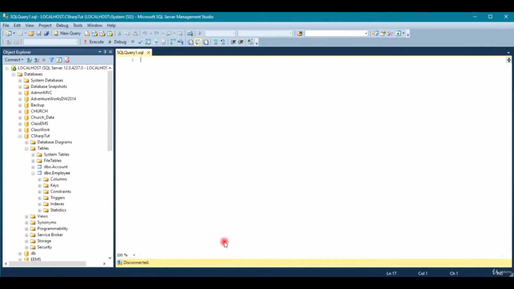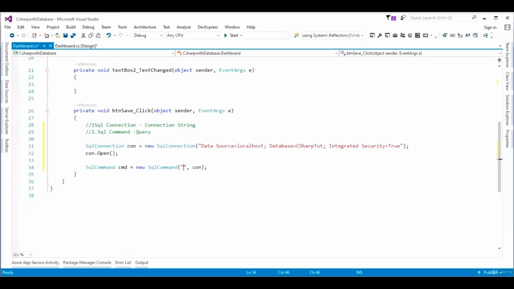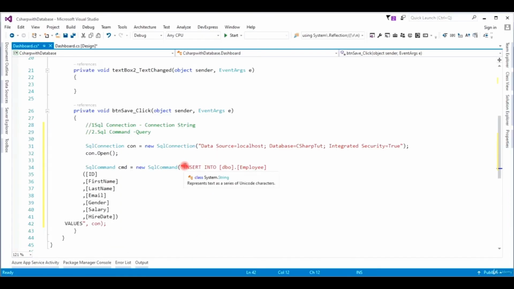Okay, so I will highlight the query up to where we have the values. Don't highlight all, just up to where you have the values, and then we'll come to my C# application and paste it here. Okay, so we'll have to do some rearrangement over here. So insert into, so I have ID, and move up here. So insert into employee table,